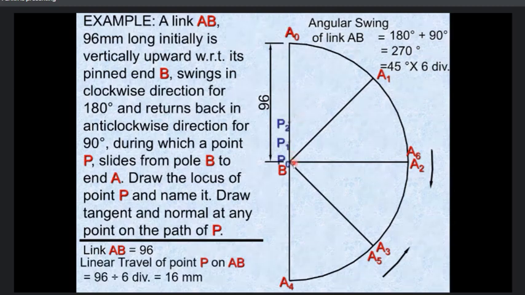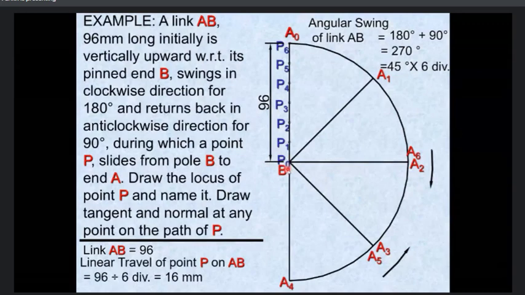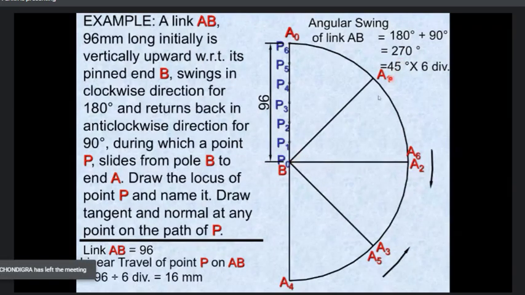Okay, so you see it is going from inner periphery to the outer periphery, and that is why the numbering has been done from here, from the inner periphery towards the outer periphery side. So see, P1, P2, P3 and so on. Once you are done with that, take a center as B, radius equal to BP1, mark an arc on the line BA1.